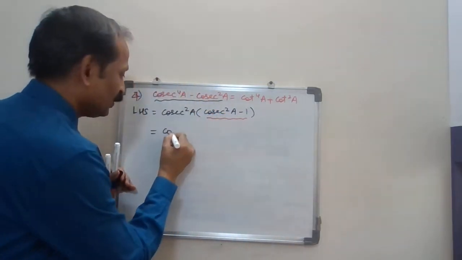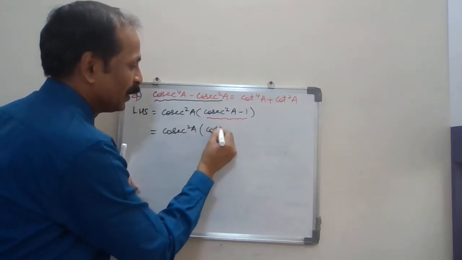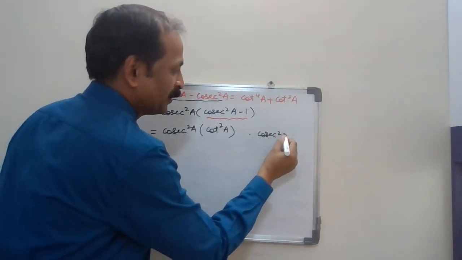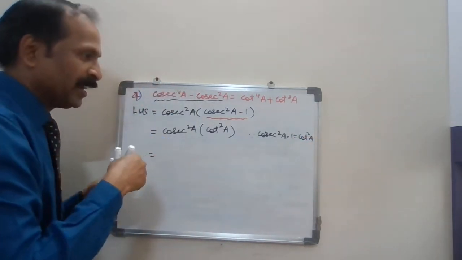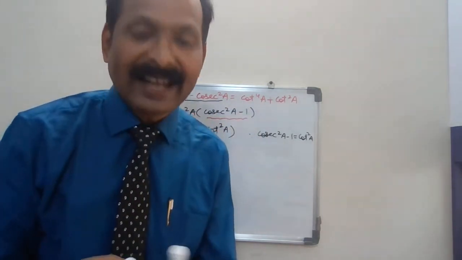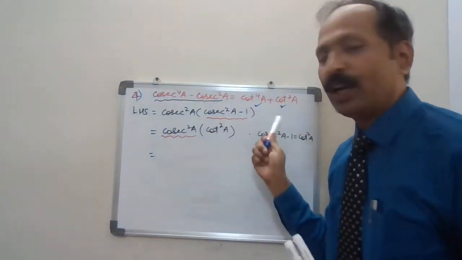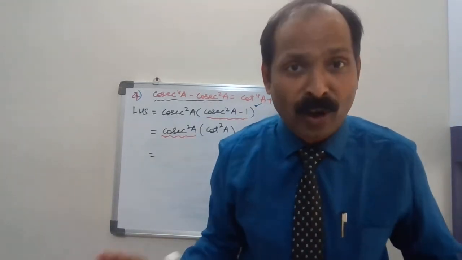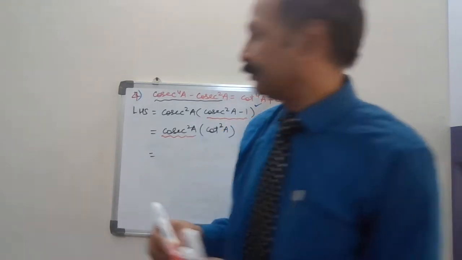So here, cosec square A, and this is an identity. So I can write directly cot square. And I can write the reason that cosec square A minus 1 is cot square. Now, I can change it again because I know I don't need cosec, because my right hand side is demanding only cot. So I have to get rid of cosec. I told you, unwanted stuff you have to get rid of. Using the identity, you can get rid of that.